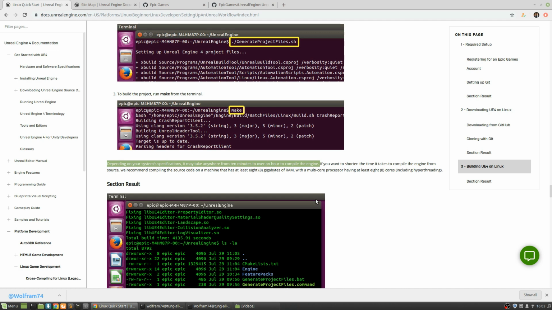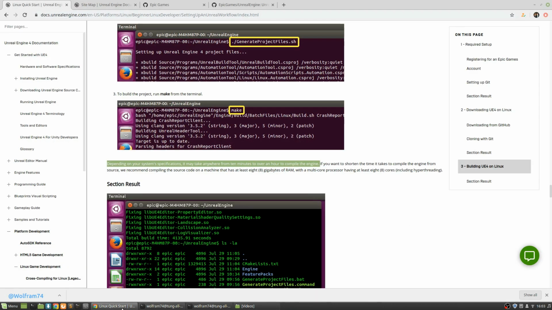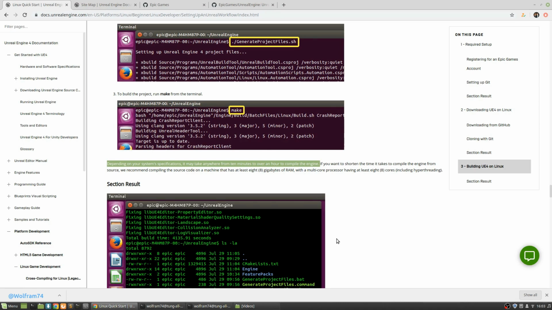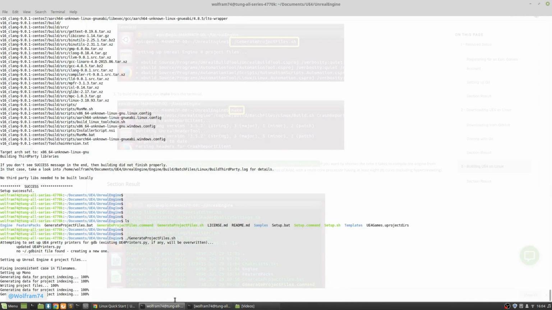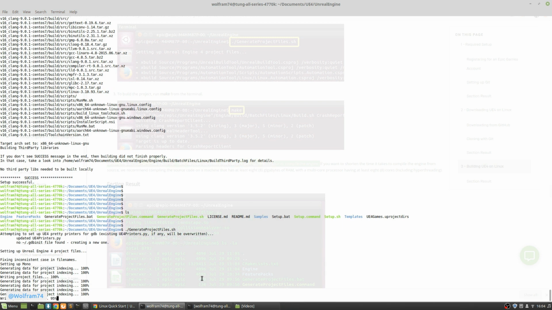My system's not that bad, so hopefully it'll take not quite that much time, but depending on what system you have, it's giving the recommendation how long it might take to compile this. We haven't gotten to the compile step yet, so we'll let the generate project file script complete, and I might have to drop off again in case this takes much longer than expected, and we can come back and compare the output once it's done loading whatever the script is having it do.